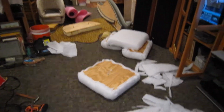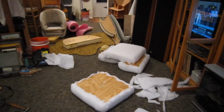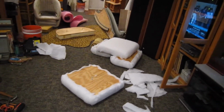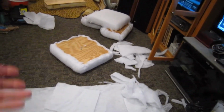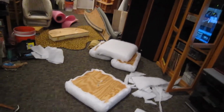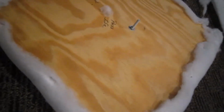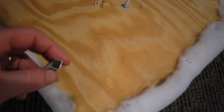Welcome to another day. We're just methodically moving along with what time we do have available. We were going to start other things, but then we decided we might as well get all these cushions battened up and ready to go. So I got out my Power Shot Pro from Home Depot. I like the way it shoots a larger staple than what I normally use for upholstery. It shoots one about 3/8, almost a half inch wide, which works really good for this batten,